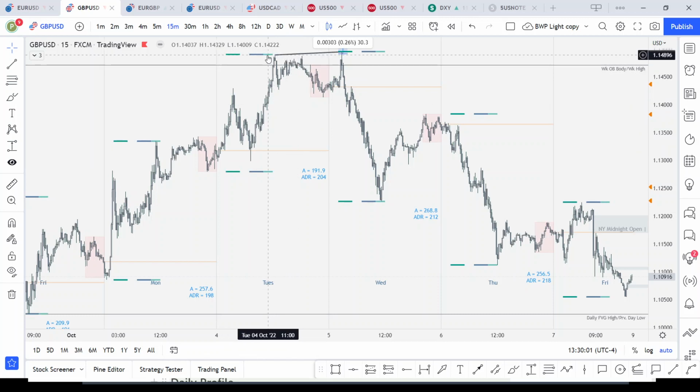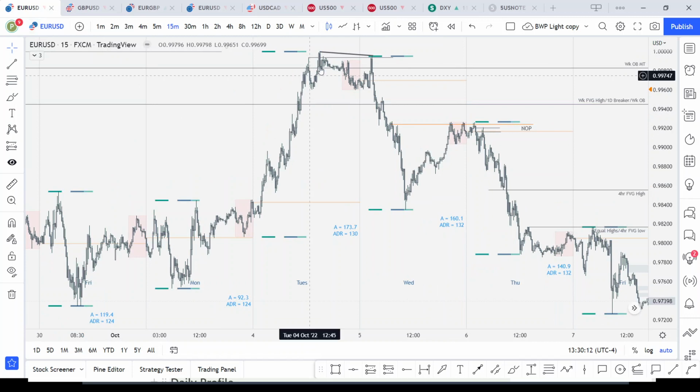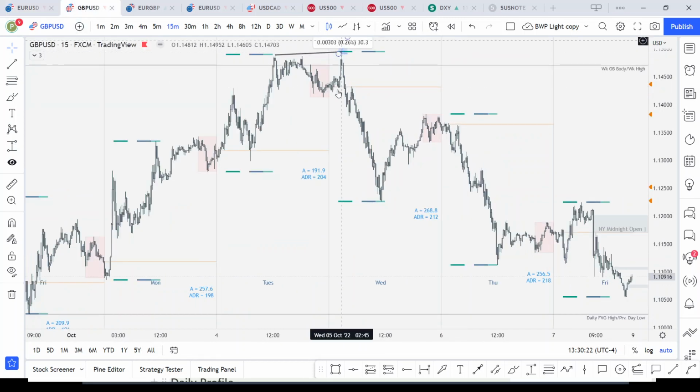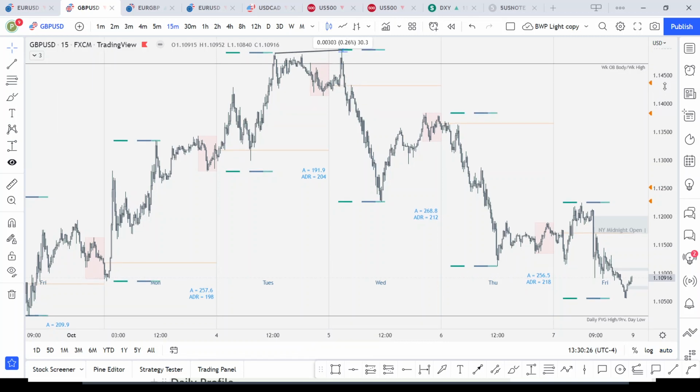This was when I posted on the Telegram channel that I'm expecting GU to form the high of the week and then EU to form its own high on Tuesday. So I said the high is already in. Immediately I saw this, I said that the high is already in for EU, and I expect that GU would form its own high the next day. So my plan was to